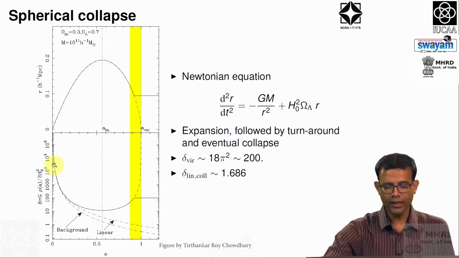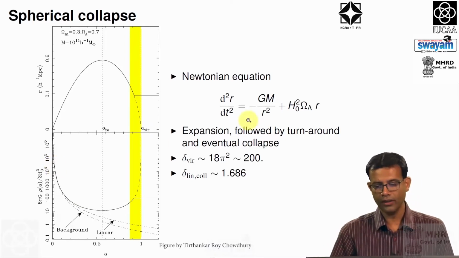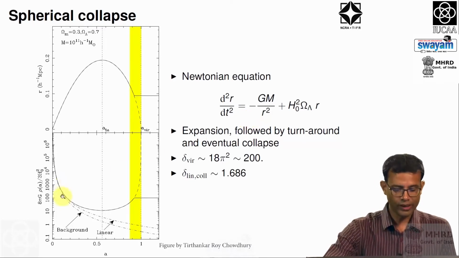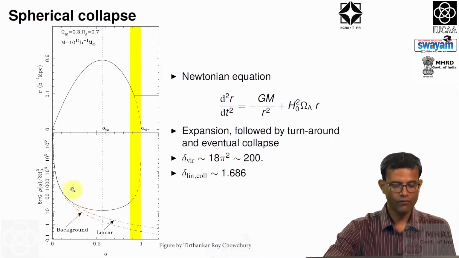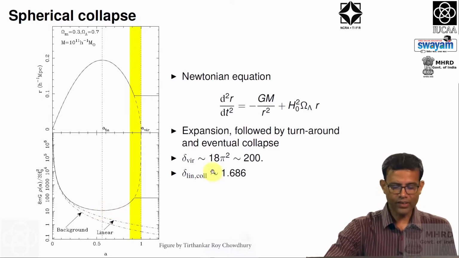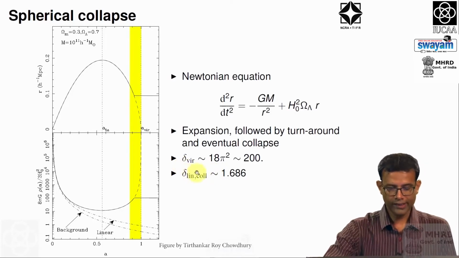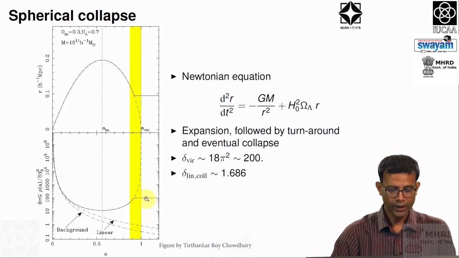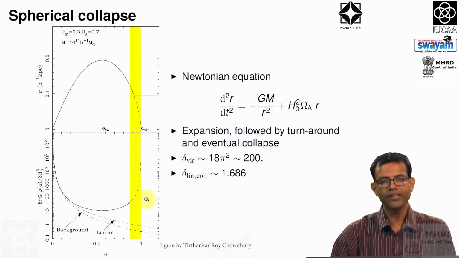Again, at early times the linear theory and the solution of the nonlinear theory match very well, because the density contrast is very small. But as the density contrast starts to grow, the prediction of the linear theory starts to deviate from the full nonlinear solution, and that again is very clear from this plot. Okay. Something which is interesting is you can work out the density contrast when the whole system has virialized and attained this stable equilibrium. It turns out that this density contrast is of the order of 18 pi square,